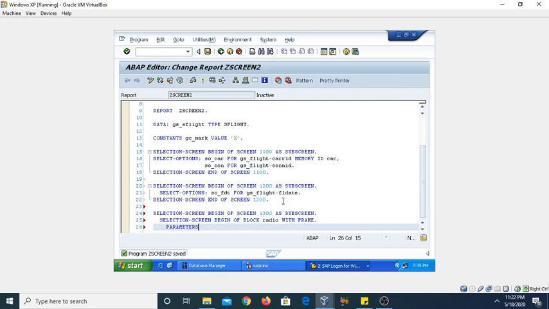As I told you in the last video, you can create checkboxes as well as radio buttons using the parameter statement. So I am using the parameter statement, PA_all is the object name, then radio button group, and giving the group name RBG1.